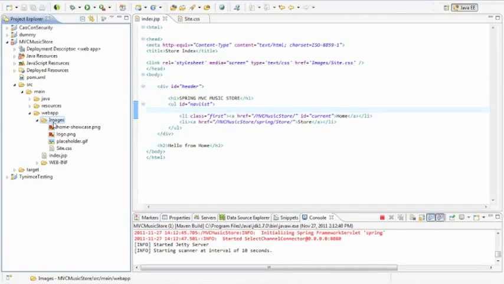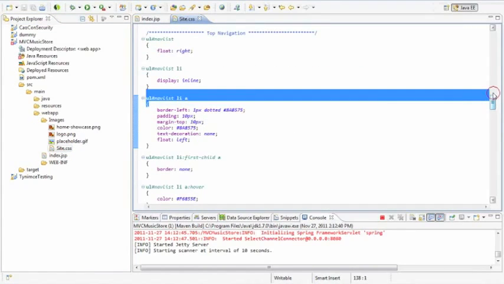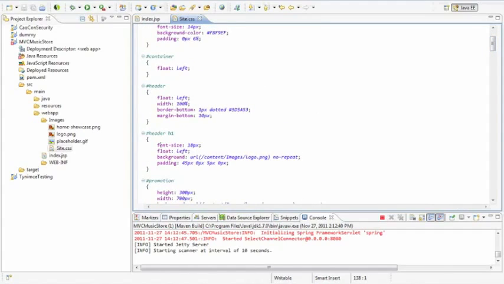Image folder, size CSS. Do you remember I showed you where the header is? Header, right? Because they put logo PNG inside the content image